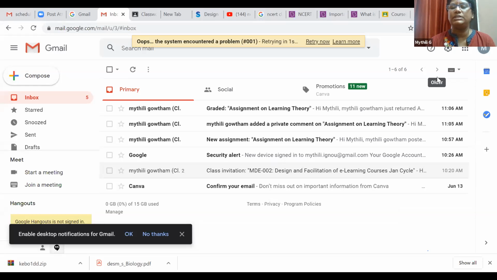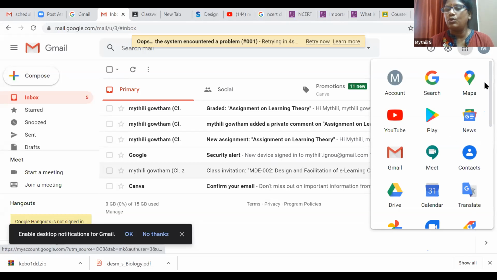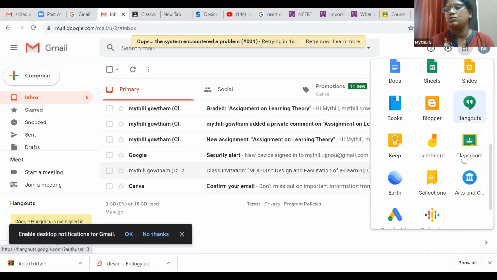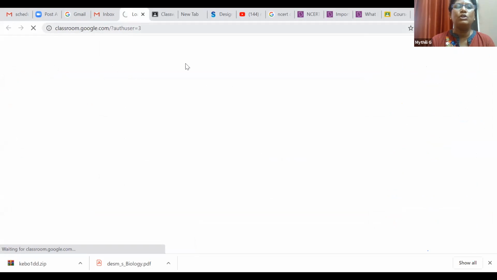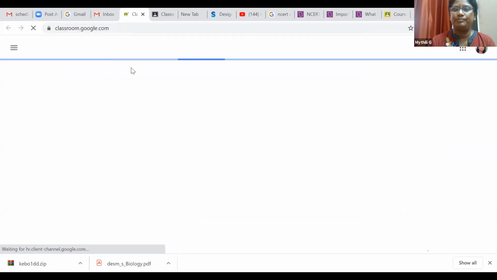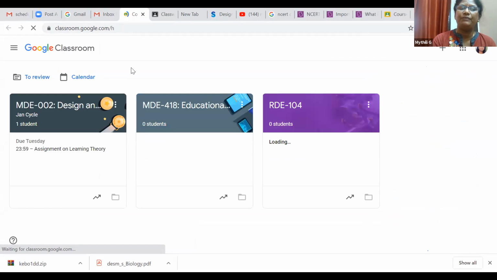Once you open Gmail, the Google Apps are available here. Click here and you will find Classroom. So there are two ways: you can open classroom.google.com and sign in, or open your mail and from the Google apps get into the classroom.